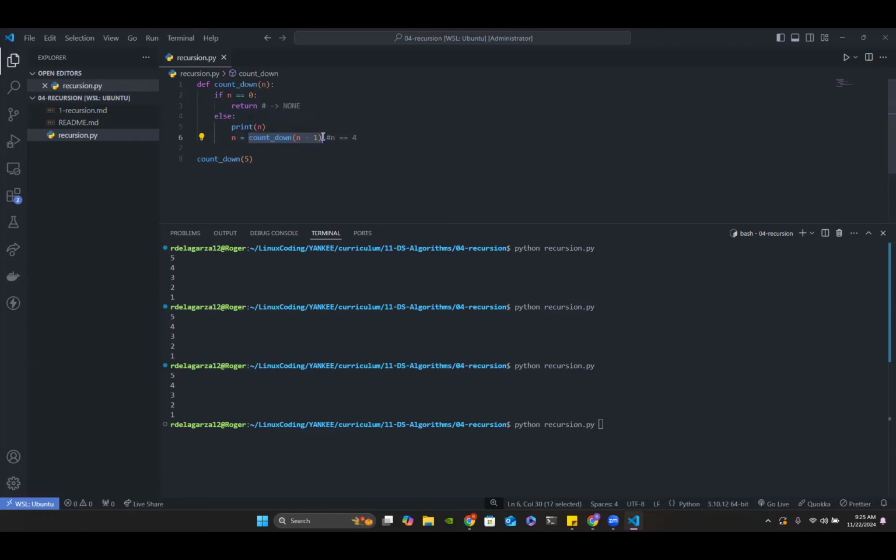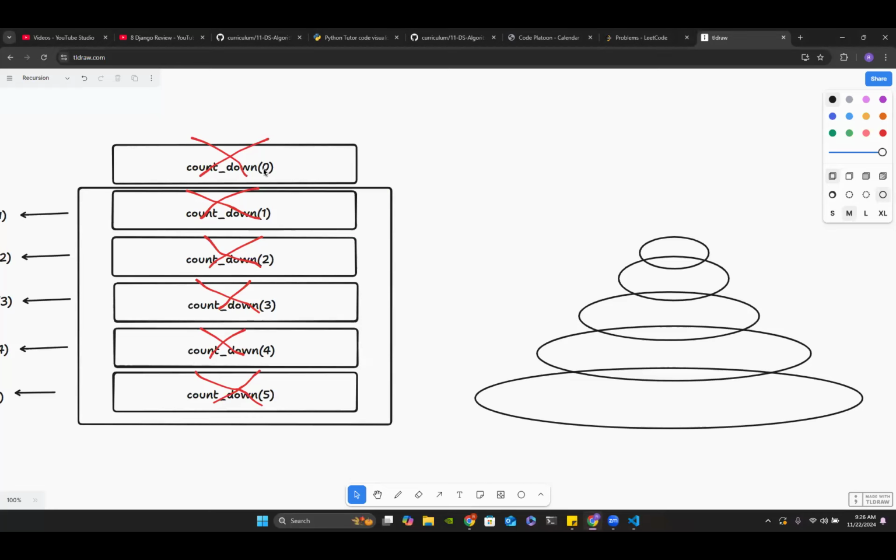It dives deeper within itself, and this initial function stays in limbo, right? It stays open. So this never gets reassigned until the very end, the last time. Once it reaches here, on the 5th call that we saw on our drawing, once it gets to countdown of 0,